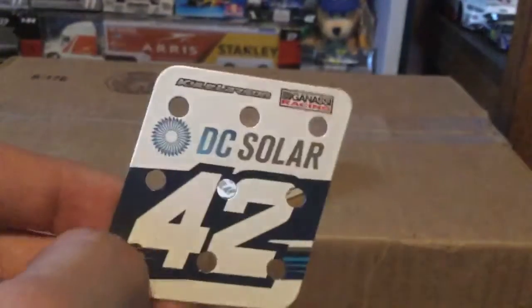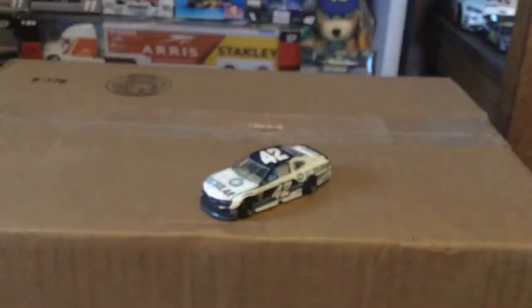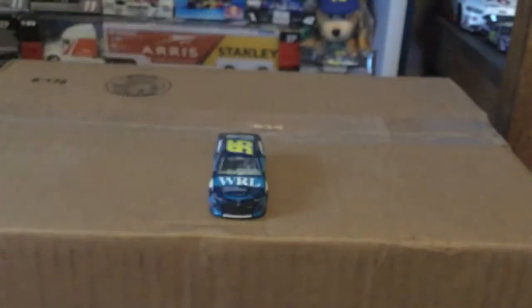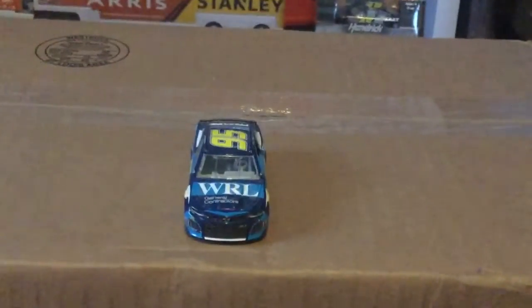You know, and they're free little trinkets, just pretty cool. So that is Kyle Larson's DC Solar car. Sorry for a little rant there. I'll try my best not to do that for the rest of the video. Anyways, here is Kasey Kahne's WRL